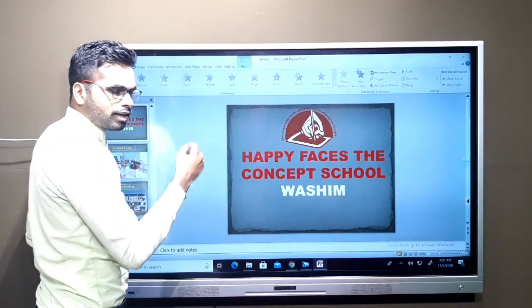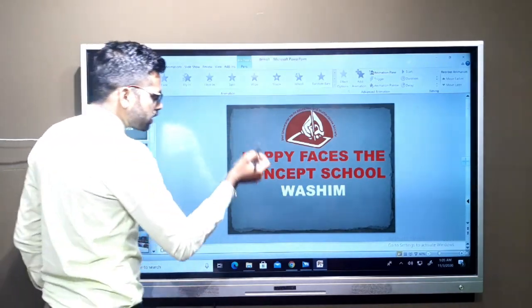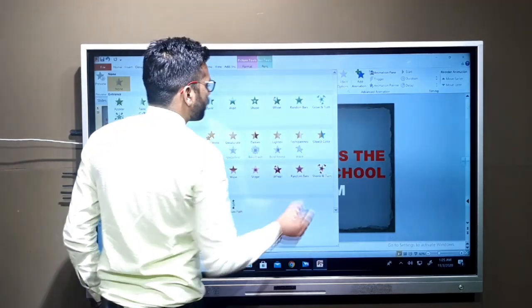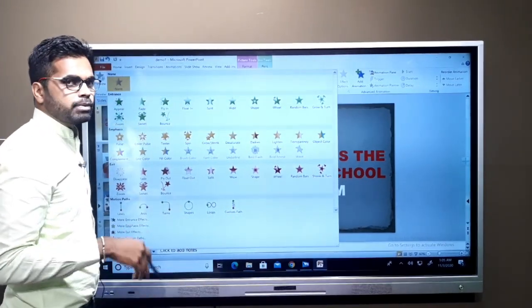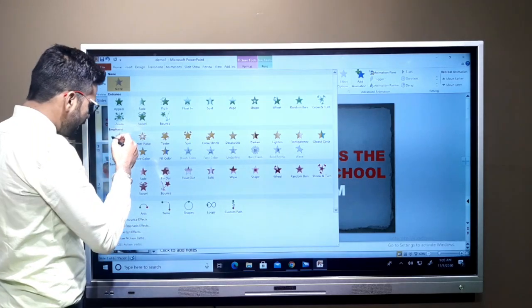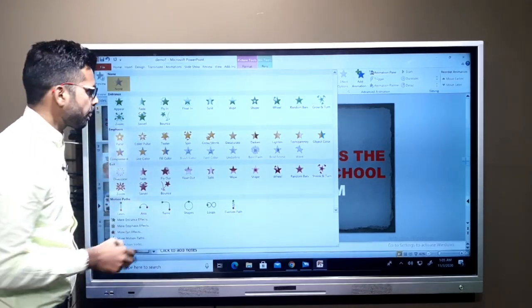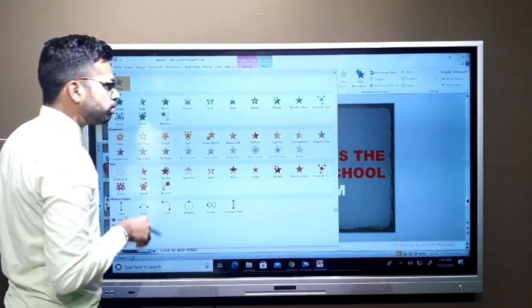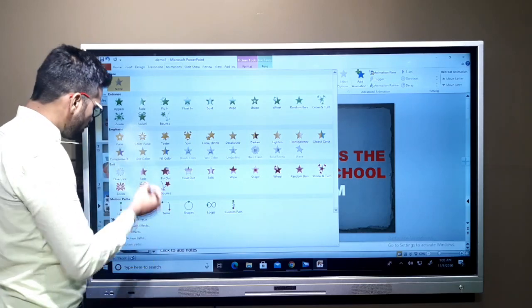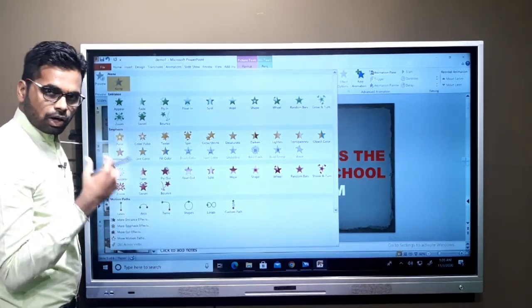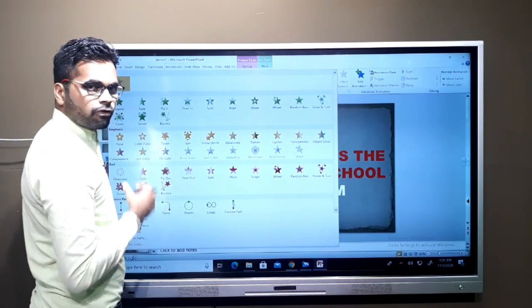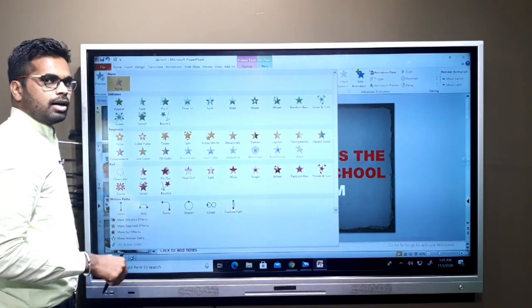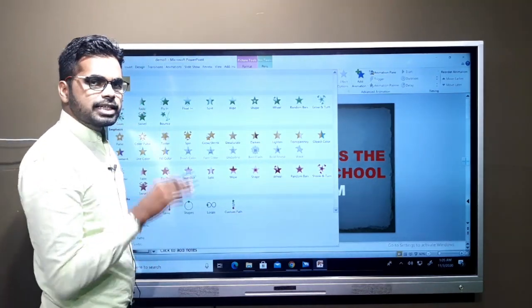To add an animation to an object, first of all click the object, and in the animation tab you can see the four types of animation: entrance, emphasis, exit and motion path. Entrance controls the flow of the object while entering the slide, whereas exit controls the flow of the object exiting from the slide. Emphasis and motion paths appear when the object is on the slide.